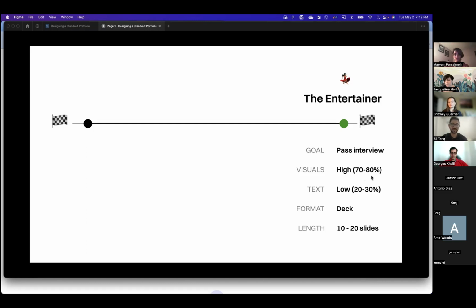So I would say like 70 to 80% of those presentations are probably going to be very visual, and they're going to be very low on text. And these formats, I would highly recommend you to use PowerPoint decks or Keynote decks for these, and avoid using